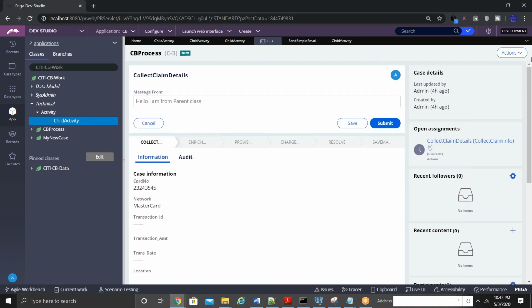I don't think you need any tracer because the error is going to appear on the screen itself.